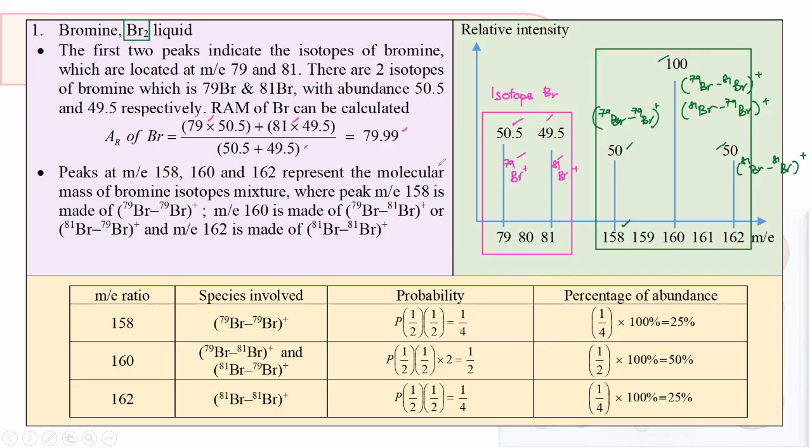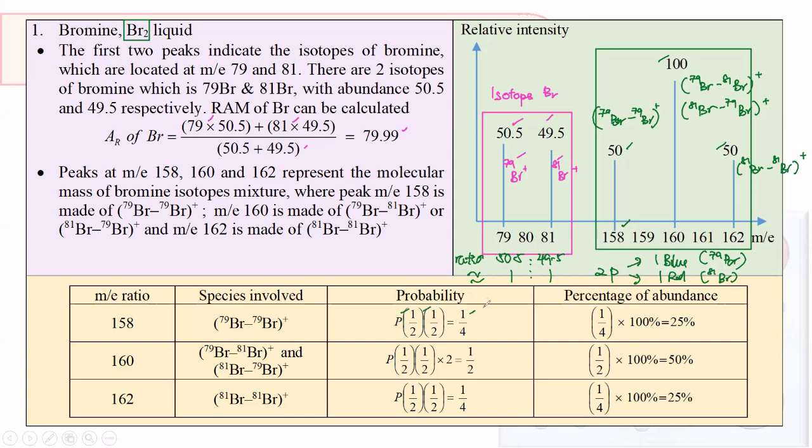So again, we are going to deal with probability. Since the ratio of the 79 to 81 is 50.5 to 49.5, which is approximately 1 to 1 in here. Okay, so you are now going to imagine you have two pens, one is blue and one is red, where the blue is of course representing 79 Br, while the red is representing 81 Br in here. So what is the chance for you to draw 2 times a blue pen? For you to draw 2 times a blue pen, it is 1 over 2 times 1 over 2,